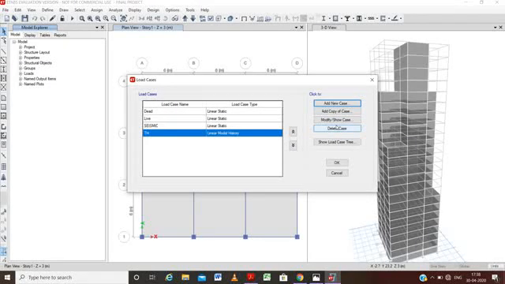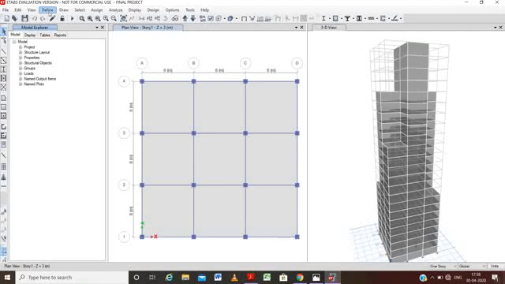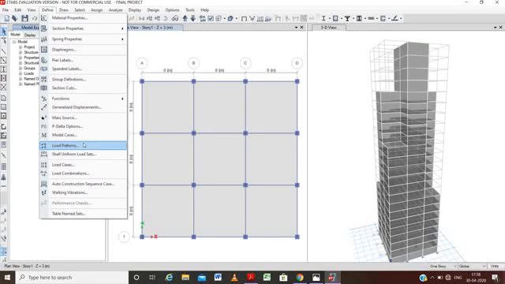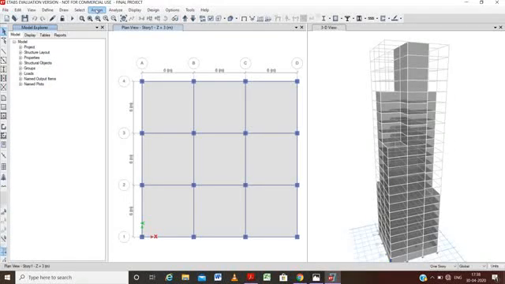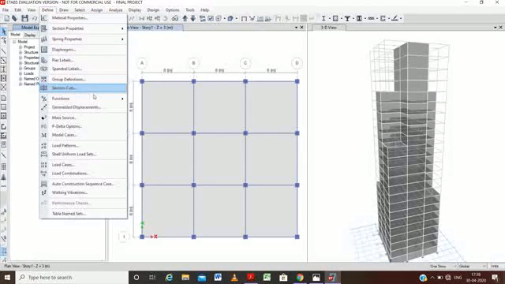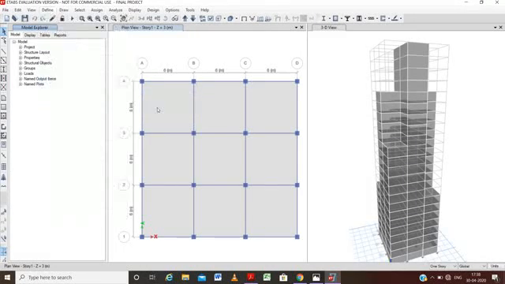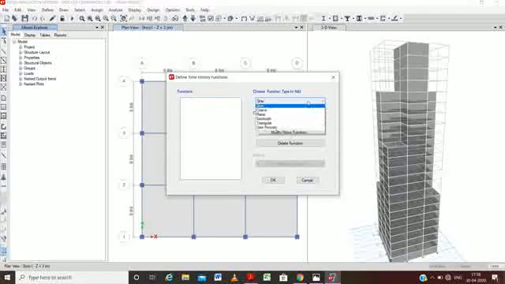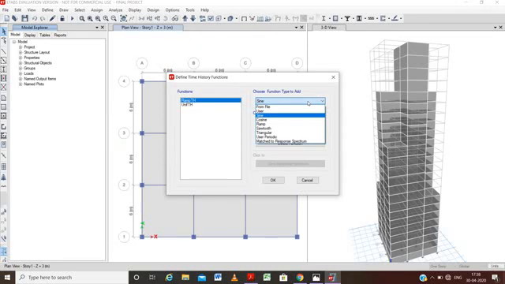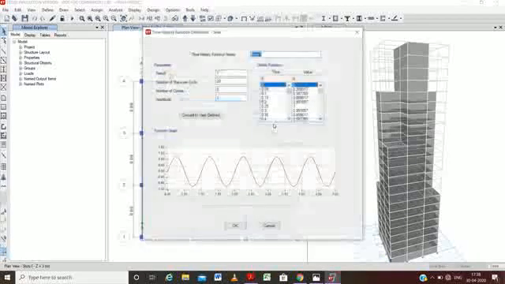Here we press OK. I'm going to define the function, here the function, the time history. Here we will go to add new function,